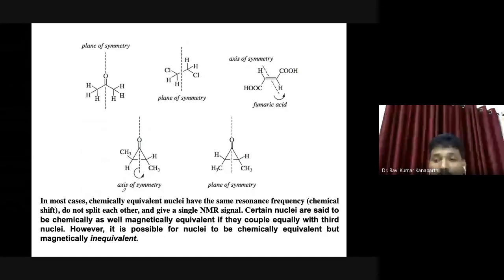Those protons are equivalent. You can just do a substitution, maybe replace with some other element which is not there, and then just see. So any possible symmetry element, if you are able to exchange and get identical structures, then we say those protons are equivalent protons. If you are getting different structures, then we say those protons are chemical shift non-equivalent. Right. So that is the definition and the discussion about chemical shift equivalence.